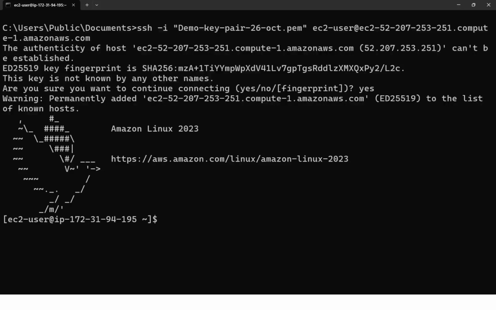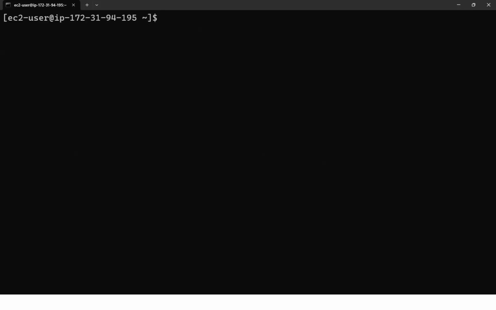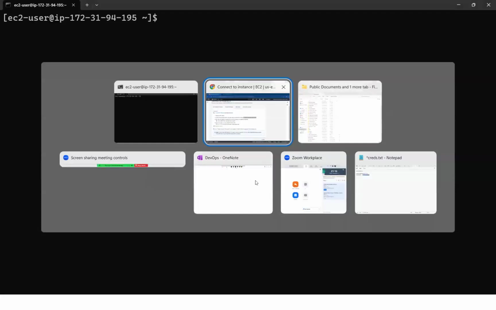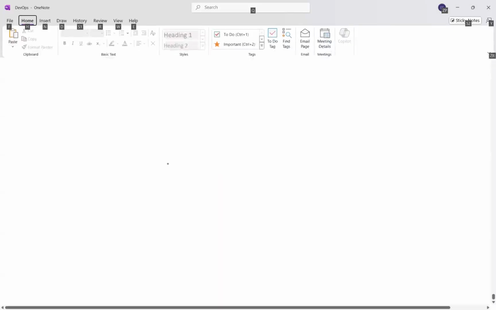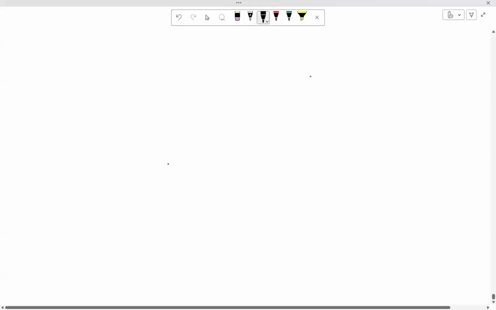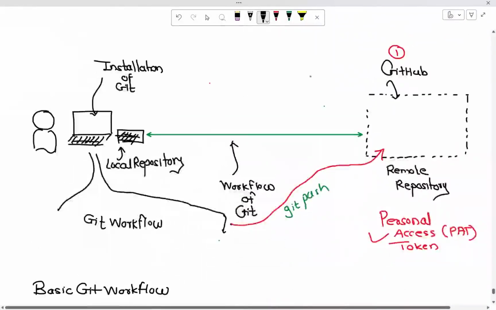Okay, now, you see we have connected to a machine. Okay, and if I just do a clear, this is our Linux environment that we are at. And let's just carry out some of the things that we will require to set up a Git environment. So what I'm showing right now, I'll just give you an idea, by the way, on the whiteboard too. Okay, before we do that. Okay, so now what I'm doing, yesterday we did it with our own laptop. It was easier because I already had that setup done there, right? And the major focus yesterday was to understand the Git workflow and the pushing and everything of that. And GitHub was the major concern.